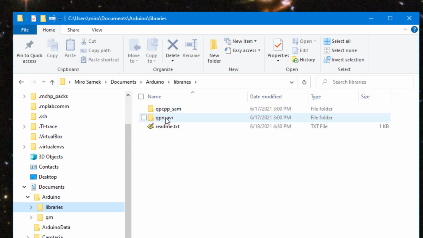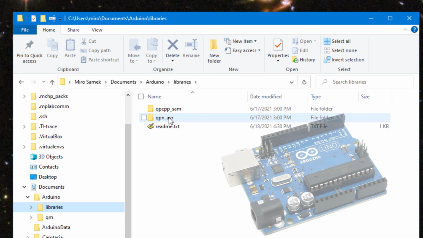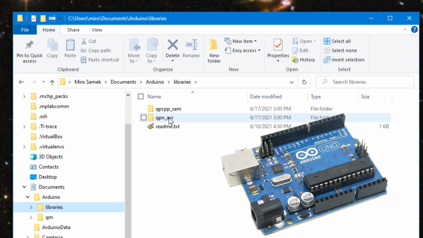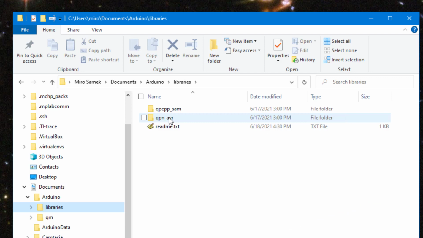And the QP Nano library for the AVR-based Arduinos, that is, Arduino boards with the 8-bit AVR Mega processor. The support for the older 8-bit processors and QP Nano will be discontinued in the future, so this library is only intended for backwards compatibility before you switch to the more contemporary boards.